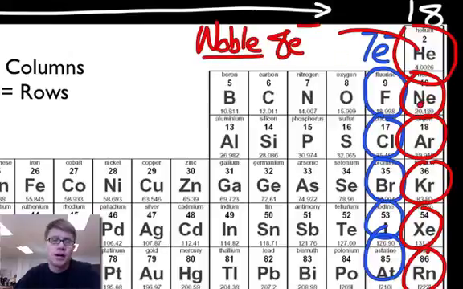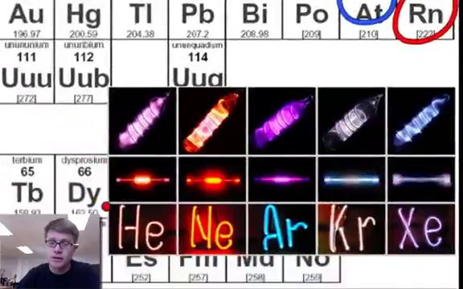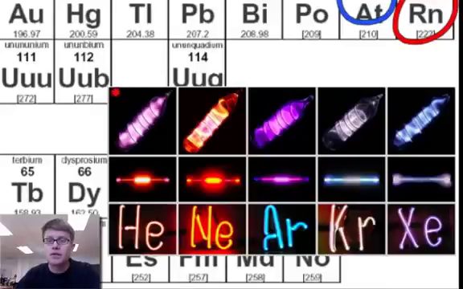Really stable. They've got complete outer energy levels or valence shells, and so they're really, really happy, unlike their halogen neighbors, which are right next to them. Okay, cool thing about them, if you look down here at this picture, you put any of the noble gases